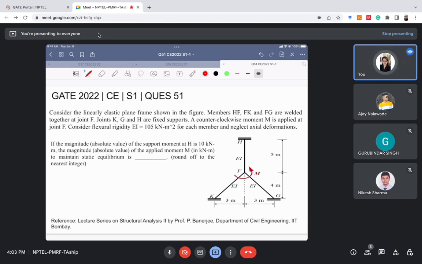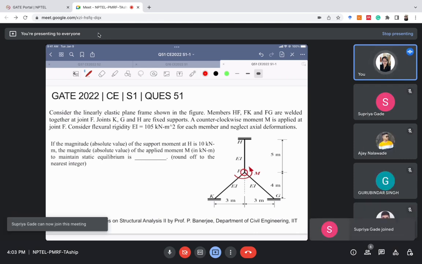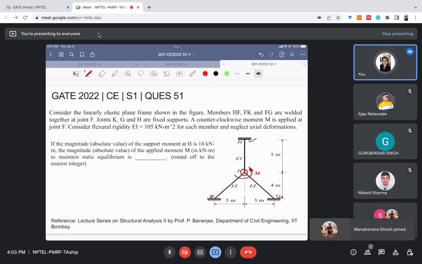Consider the linearly elastic plane frame shown in the figure. The members HF, FK, and FG are welded together at joint F. The joints K, G, and H are fixed supports. A counterclockwise moment M is applied at joint F. So there is a moment also at joint F. Consider the flexural rigidity EI as 10 to the power 5 kilonewton meter square for each member and